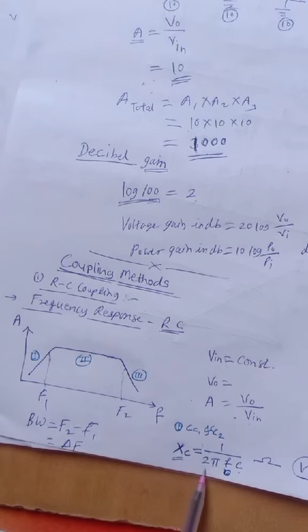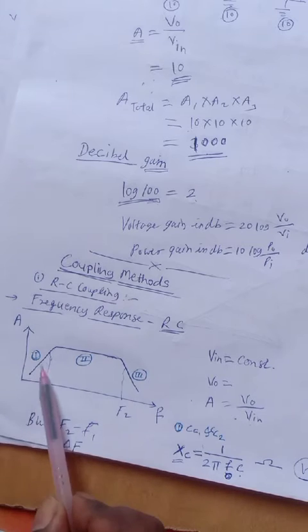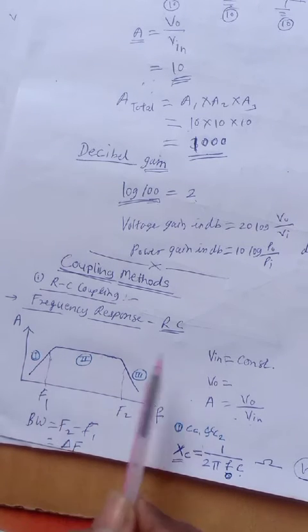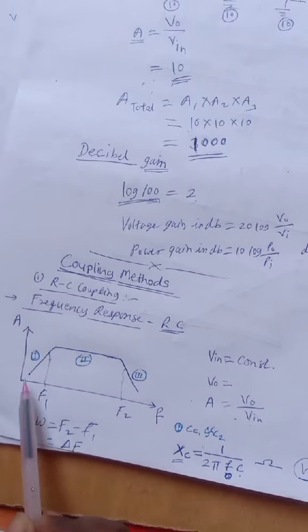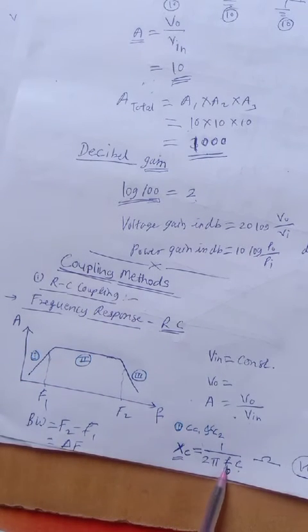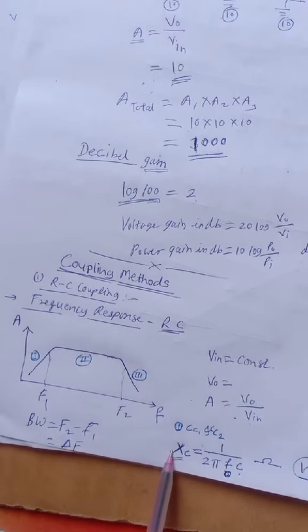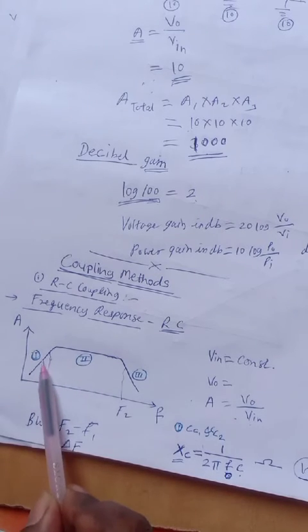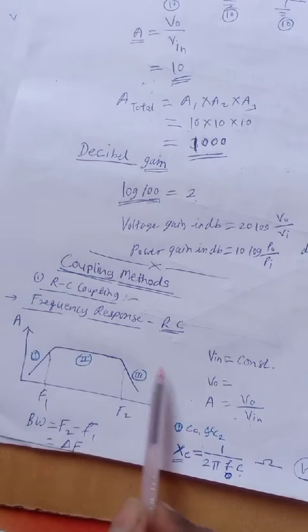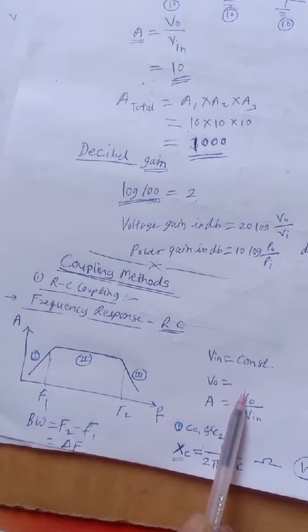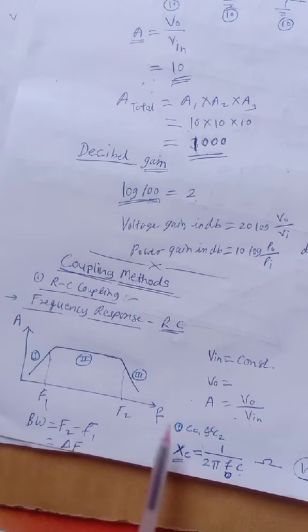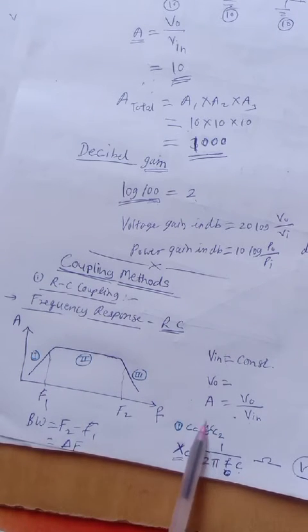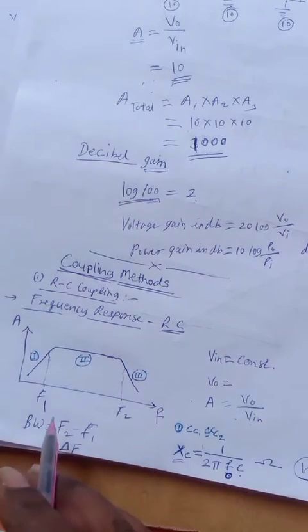So at lower frequencies, the input voltage coupled to the base of the transistor is low, because the coupling capacitor gives more opposition. Therefore initially the input voltage is low, the output voltage is also low, and therefore the gain is low. As we increase the frequency, the denominator factor increases, which means this opposition decreases. As this decreases, more and more input voltage is applied and you get more output. The gain increases initially because of the increase in frequency, that is because of the coupling capacitors CC1 and CC2.